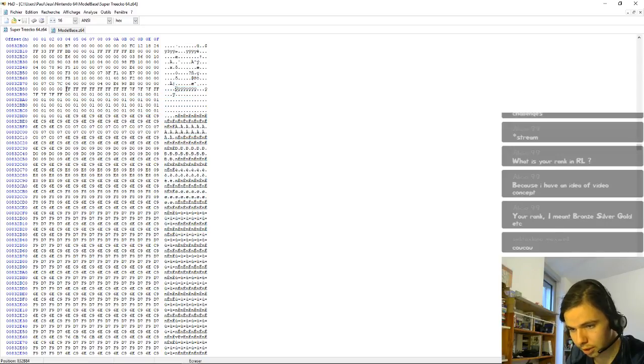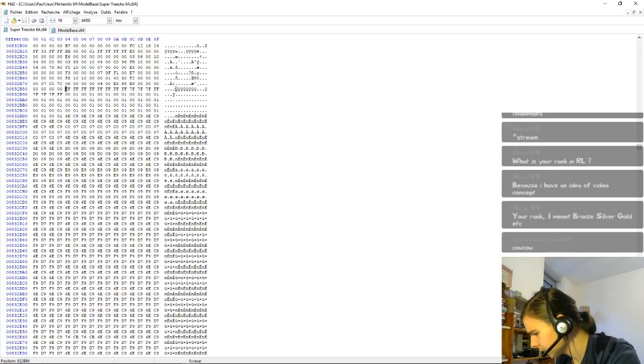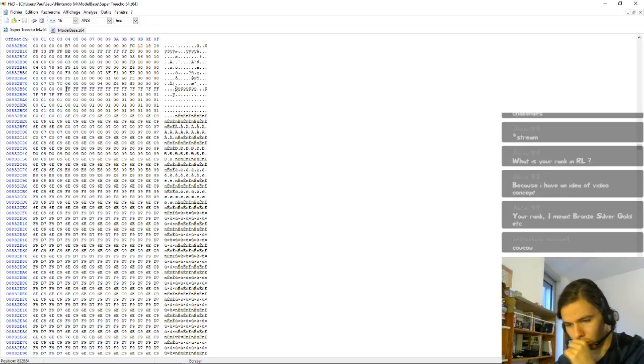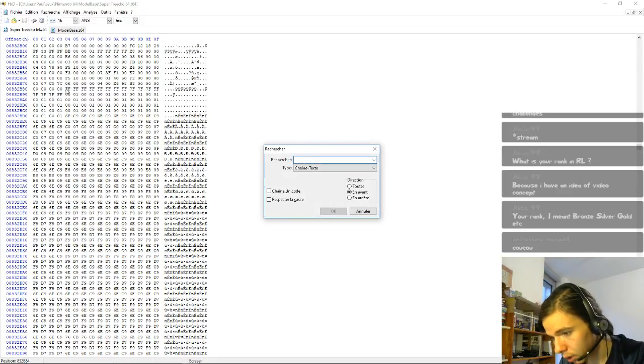Yeah, that's the body part. And what's next? I need to look for the texture pointer. So we need to look at the next